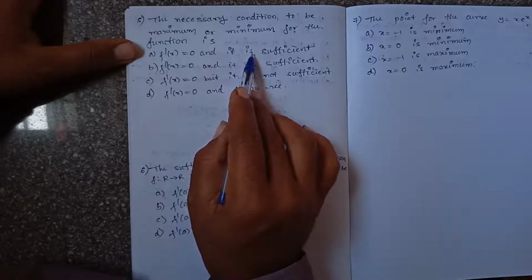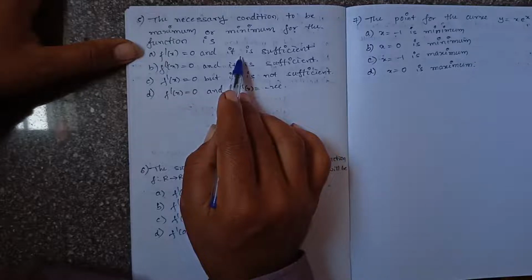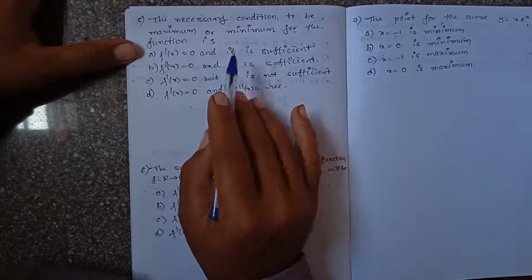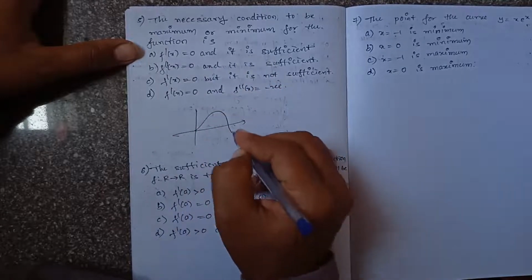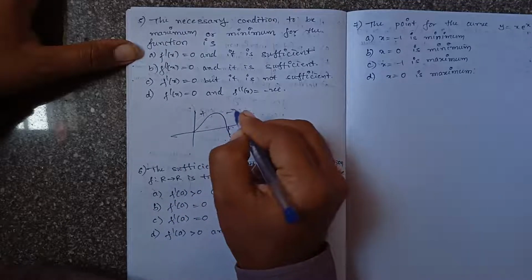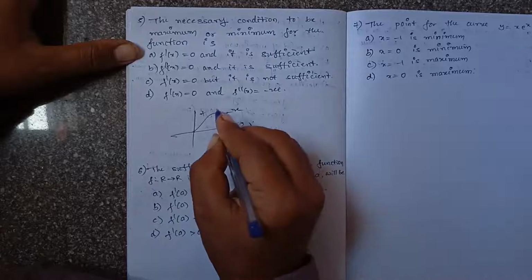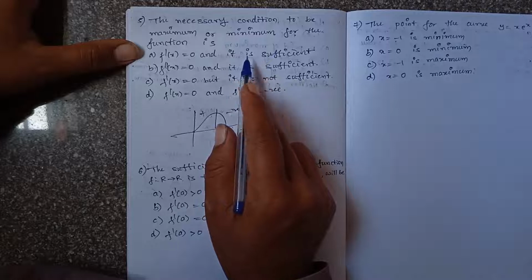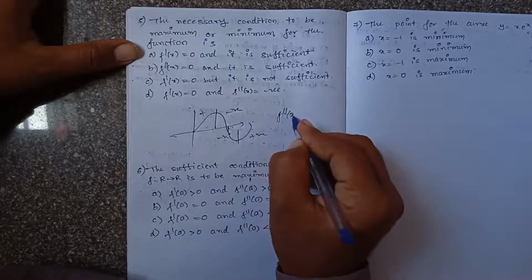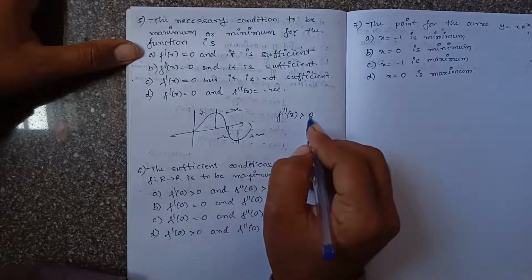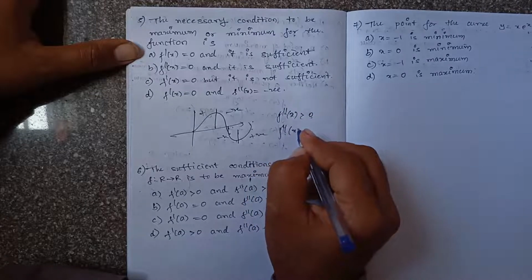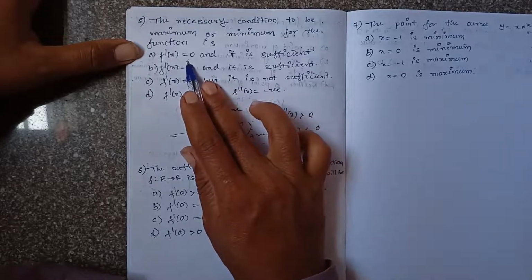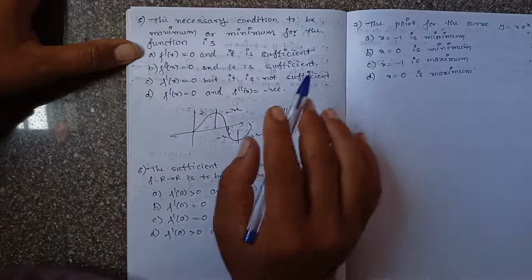To say the function is maximum or minimum, what do we need? According to the first derivative test, we need to see, as x increases through the point, whether f dash of x changes sign from positive to negative or negative to positive. Positive to negative is a maximum point, negative to positive is a minimum point. So it is not at all sufficient. Or if you want to check with the second order derivative test, we need the f double dash of x value. If f double dash of x is greater than 0, then it is a point of minima. If f double dash of x is less than 0, then it is a point of maxima. So with this point itself we can't say whether it is maxima or minima.